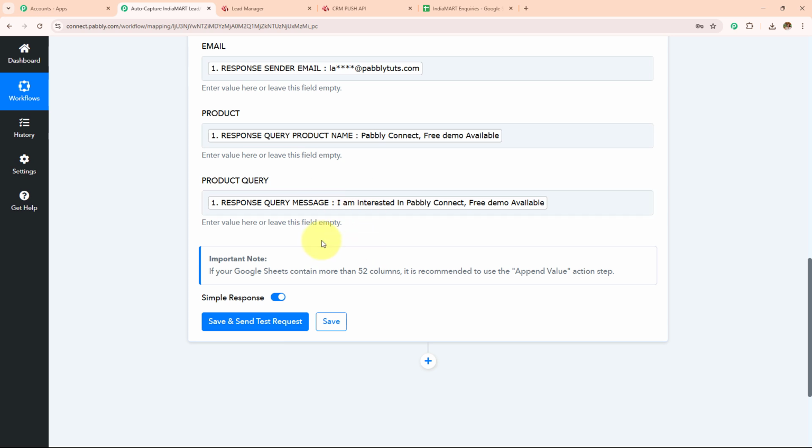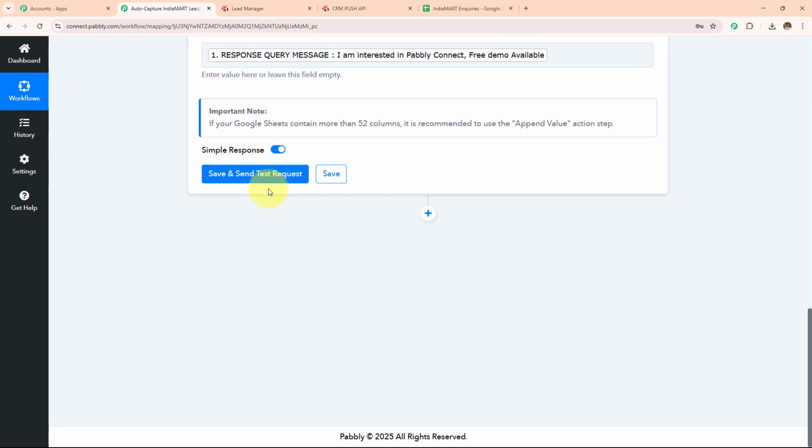Now over here, mapping is important so that every time you receive a new response, it is taken into consideration in this field. Manually entering the data will make this field static, and the information will not change even if you have received a new response. Over here, if I manually enter any detail, this field will become static, and every time I receive a new response, the result will not change. So as to keep this field dynamic, we use this process, mapping, instead of manually entering the details. I have entered all these details, and now I'm simply going to click on Save and Send Test Request.